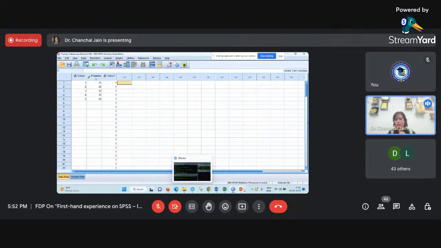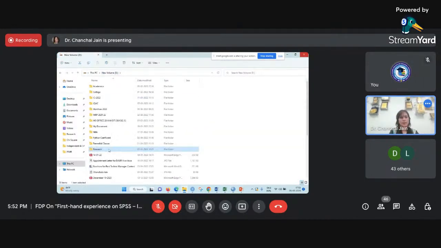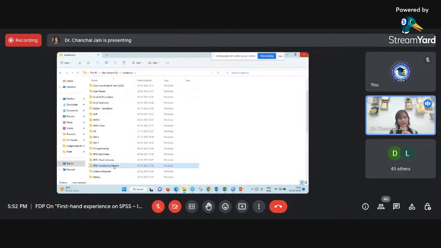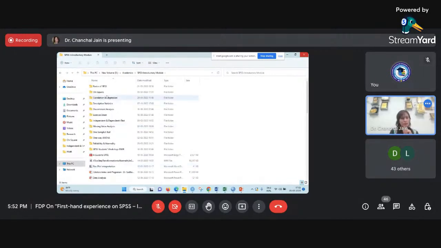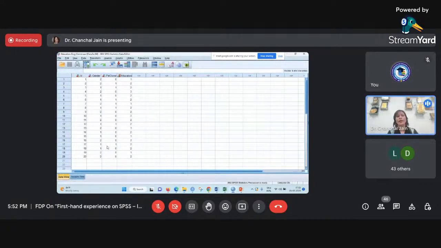I think the education and pet data is also shared with all of you. Is it? Yes, sir. What is the exact name of the file, sir? Can anyone repeat that? Education and dog owner, right? Yes, sir. Yeah. So I request all of you to please open the same file so that we can perform the chi-square